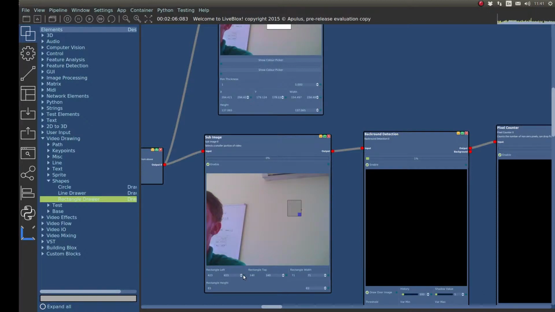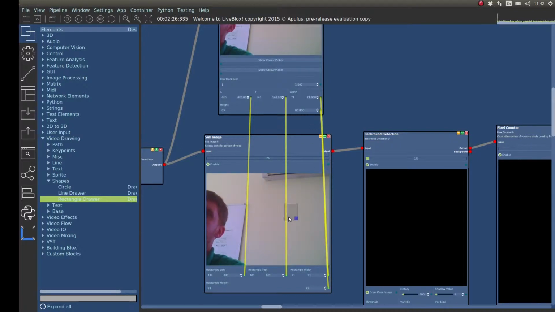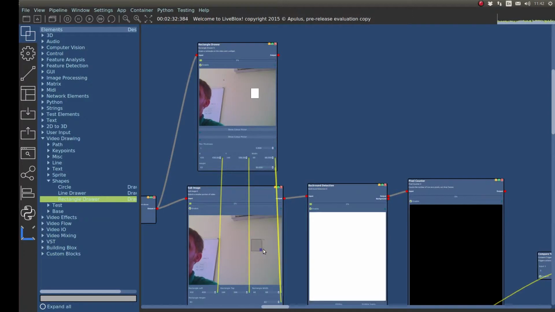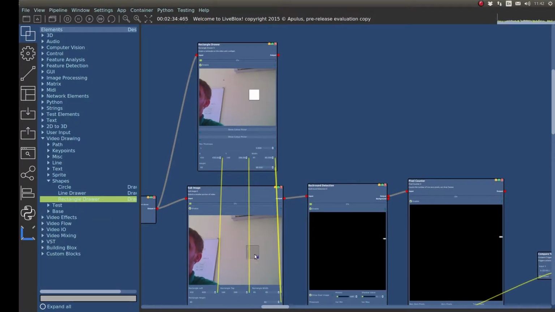So I want the left, which is the X coordinate. I want the top, which is the Y coordinate. I want the width, and I want the height. And these just connect up using these mapping connections, so when you change one, it will change the other. So as you can see now, it's drawing a white box where this is. Okay,